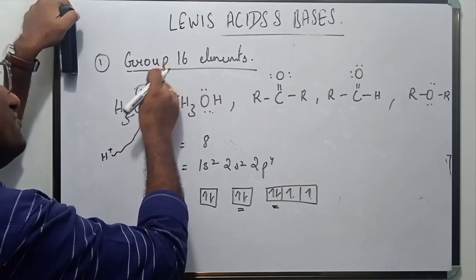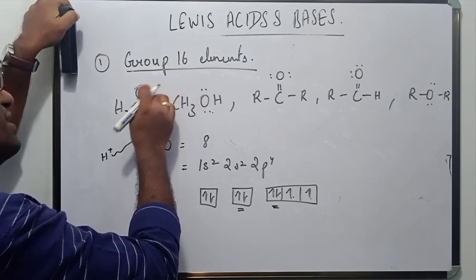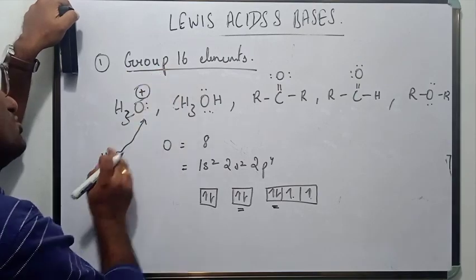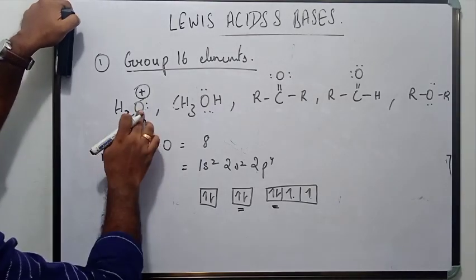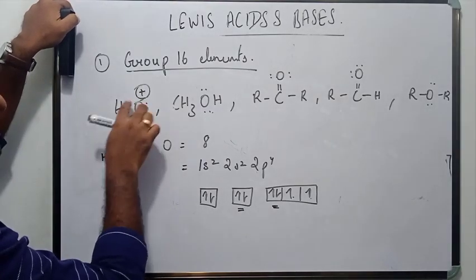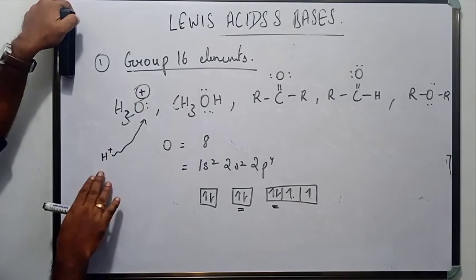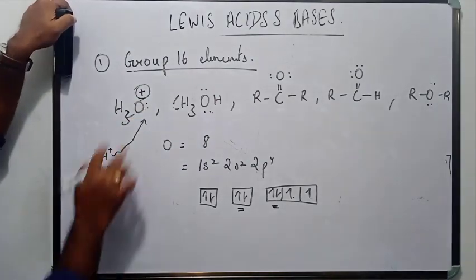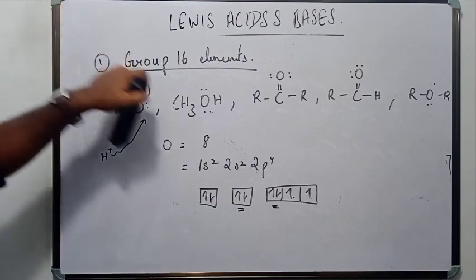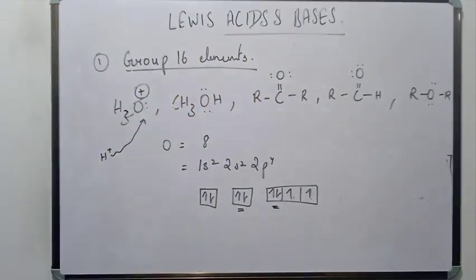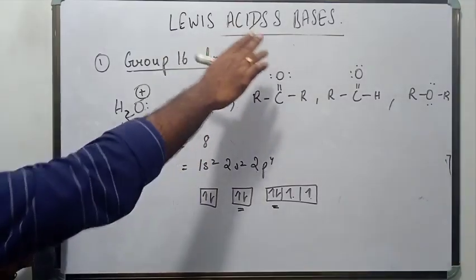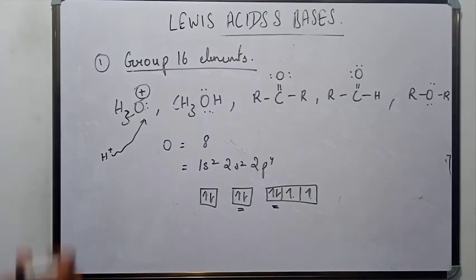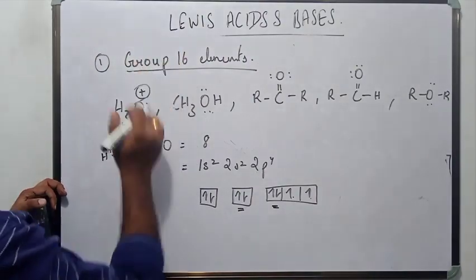So if H+ is coming and taking one lone pair, it provides enough steric hindrance to prevent another H+ from attacking the lone pair of electrons. One more thing: the lone pair of electrons is on the same atom. So that's why another H+ would not attack it. Okay, so only one lone pair of electrons is taken from oxygen. You can see oxygen has two lone pairs of electrons. Because of that, it is able to donate one lone pair and act as a Lewis base. Similar is the case with other group 16 elements like sulfur,